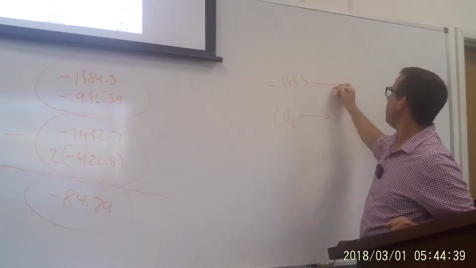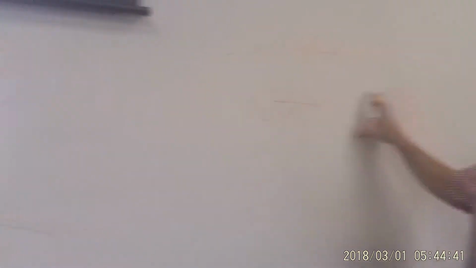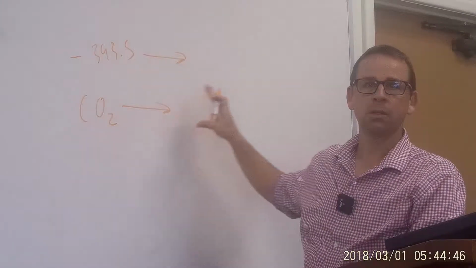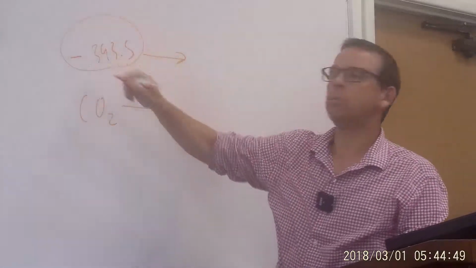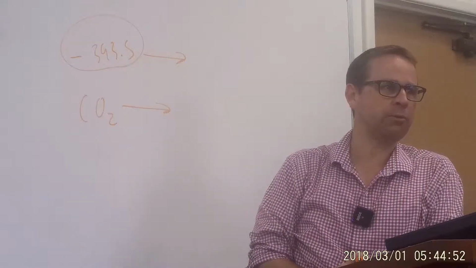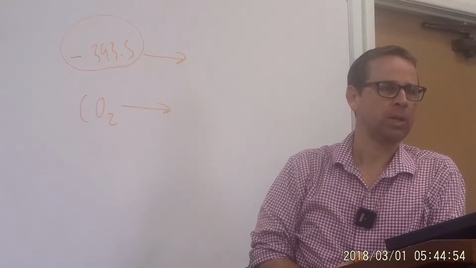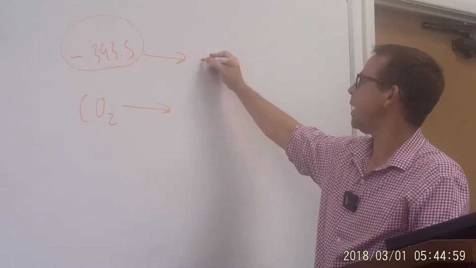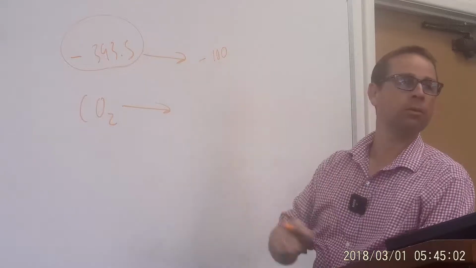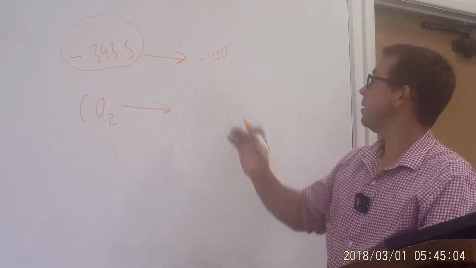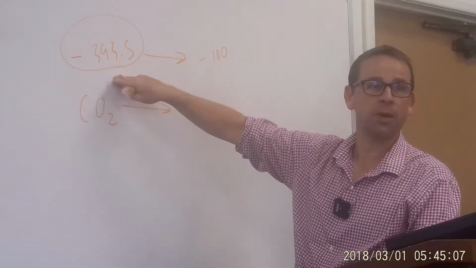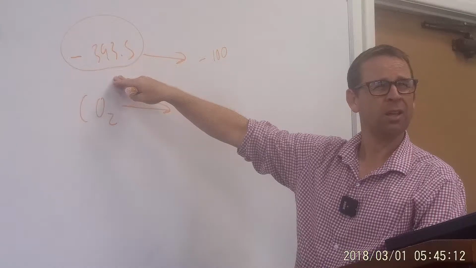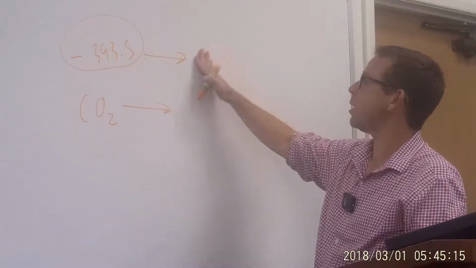I need a product over here that contains carbon and oxygen, right? Because I'm not going to change elements. That will release more than the negative 393.5. So another way to say that, I want it to be like a negative 100, right? Because this way, negative 100 minus the negative 395 would be a negative value. Did I do that right? Oh, no. Sorry, it needs to be greater than